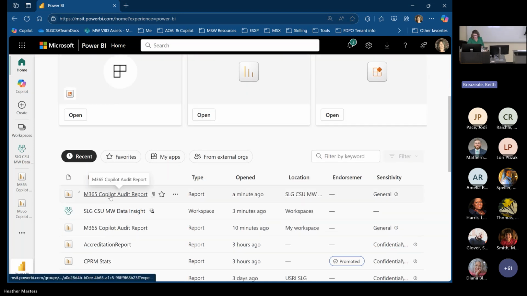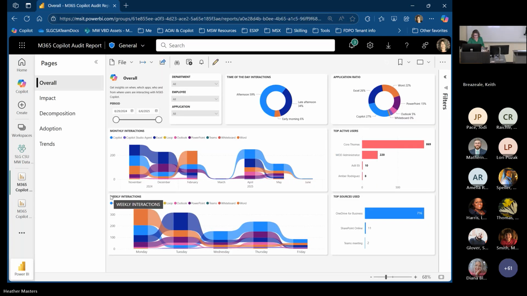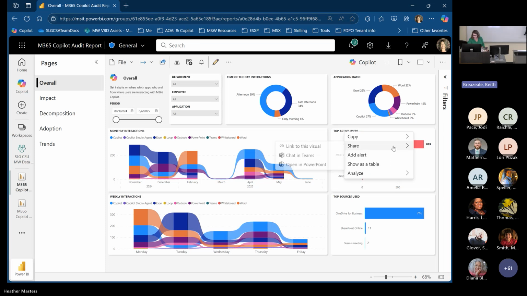It's the one that I just published. And if I want to see this application ratio or maybe our top active users in Power BI, you have some options here. So if you want to create a dashboard of your own, and not have to go to the report to get this information, and then